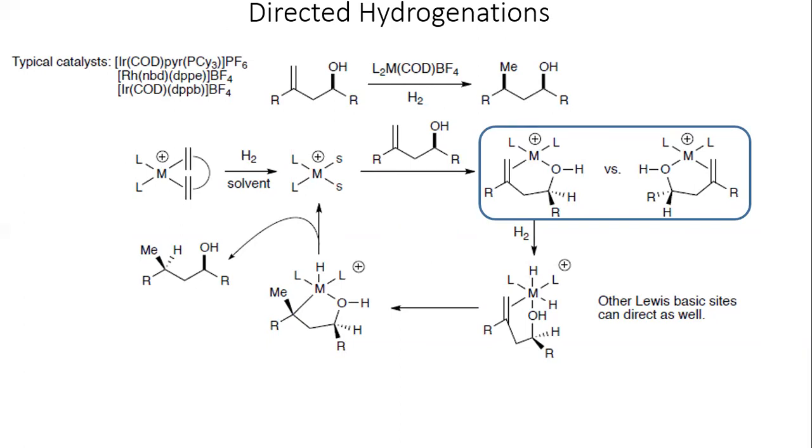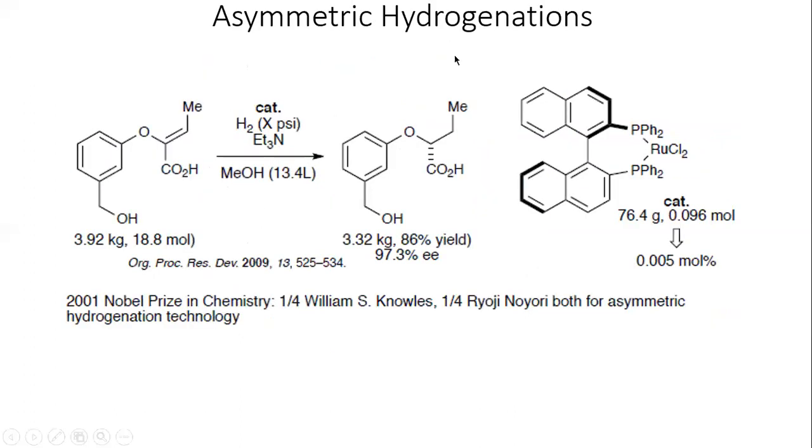All right. So let's move on and look at these asymmetric hydrogenations. This was published in Organic Process Research and Development 2009. This is a huge discovery, a huge accomplishment, where you can take hydrogen gas and triethylamine and methanol and your catalyst and hydrogenate this alkene. Notice it is similar in structure to a tri-substituted alkene, but it also contains functional groups